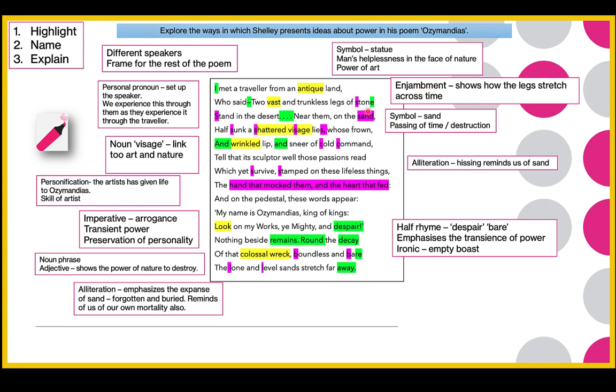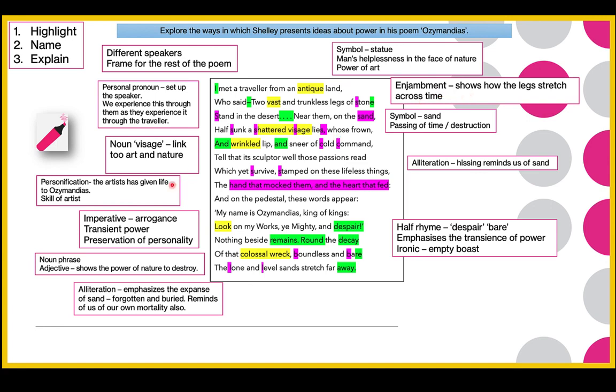So I put here, there is enjambment here. I thought, well, what does it show? Why has enjambment been used here? Now, you may remember some discussions from your class or some annotations that you already have in your anthology, but if you don't remember, don't worry about it. You will, by the time you get to this exam, be very able to talk about techniques. So even if you can't remember exactly what you've discussed in lesson or you've done by yourself, then just have a look back at the poem and think, okay, why has enjambment or caesura or imagery been used at that point? And I've decided that enjambment shows how the legs themselves stretch across time.